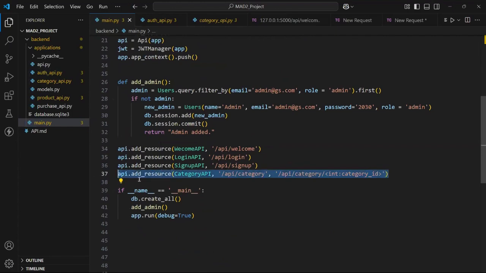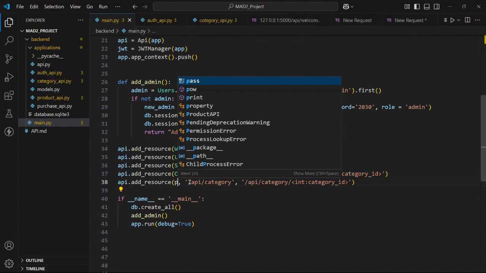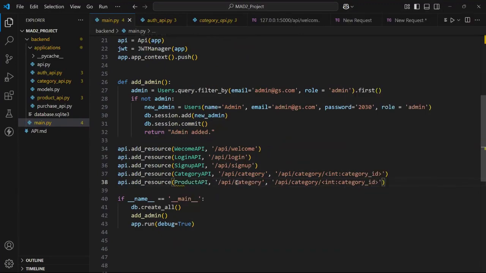Let's copy this, paste it here. We'll have product ID, product API. We'll write product here. Same thing goes here. We have product ID here. And in login one, we have another, which is slash API slash